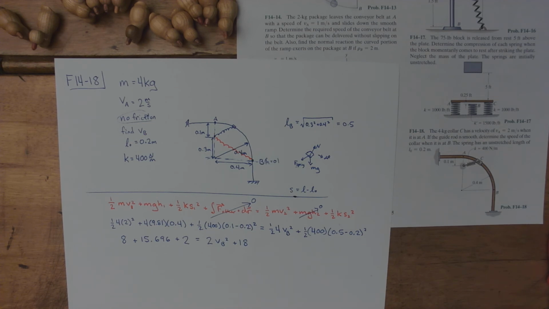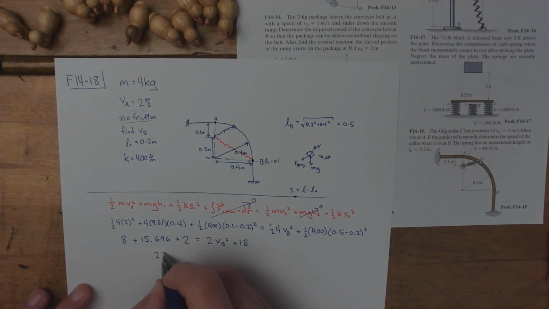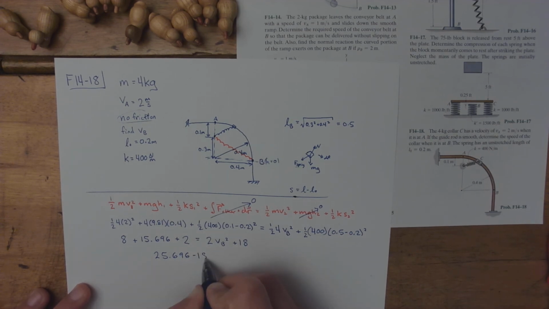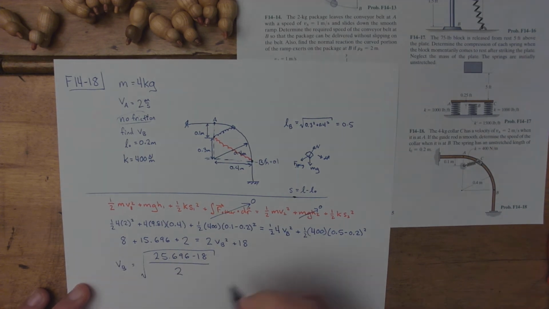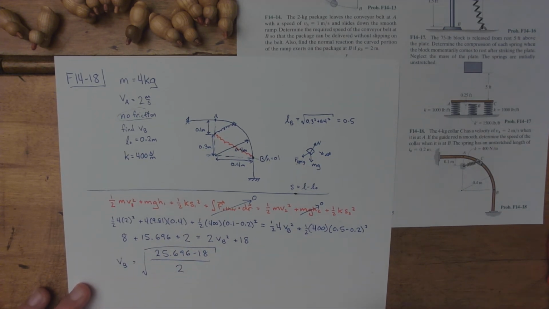8 plus 15.696 plus 2 is 25.696. And then we want to bring the 18 over to the other side, and then divide by 2, and then take the square root, and that gives us the speed at point B. And for that, I get the square root of 3.848, which is 1.96